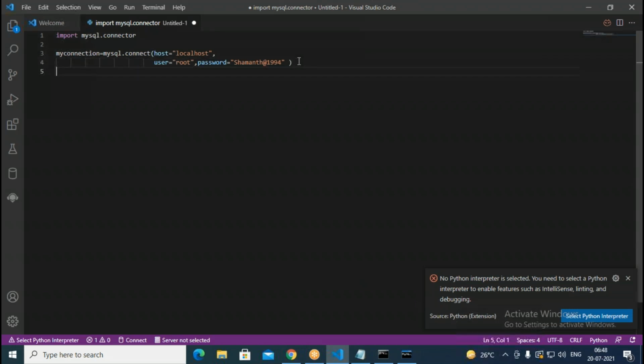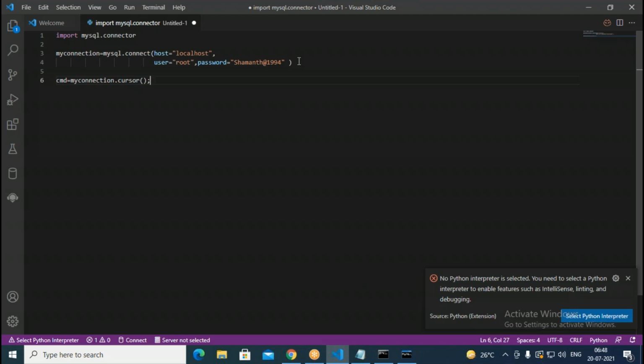So once the connection is opened, here what I can do is create a cursor. A cursor is nothing but a command object. So using the command object, you can execute commands. I put here cmd equal to my connection dot cursor.